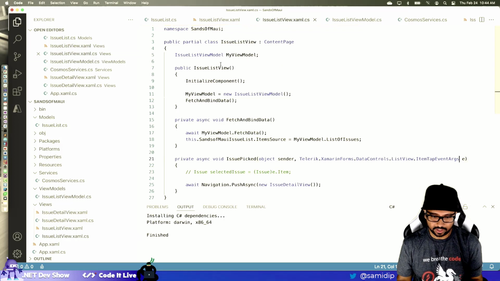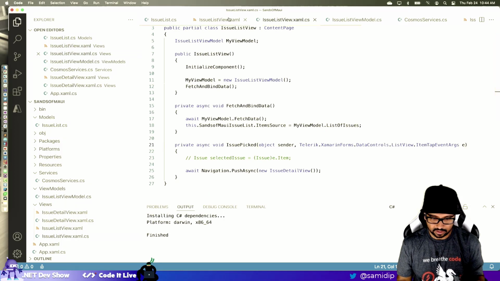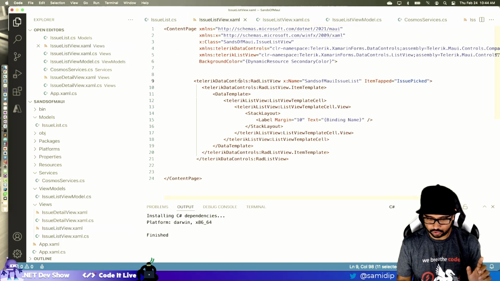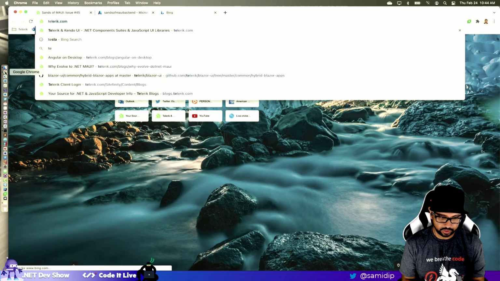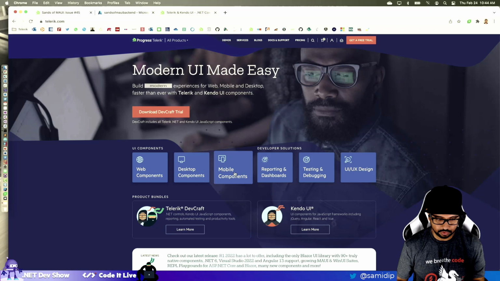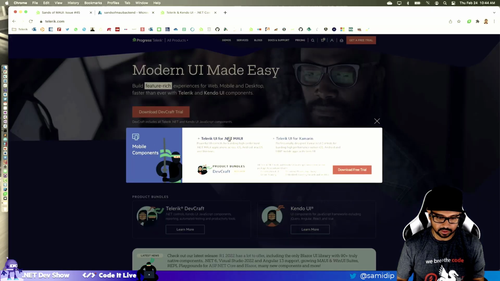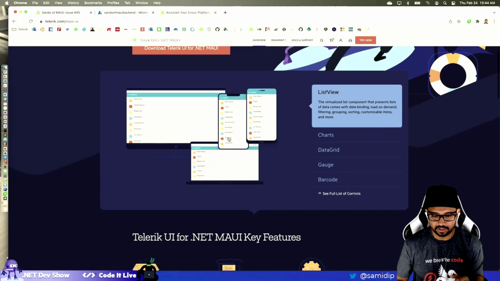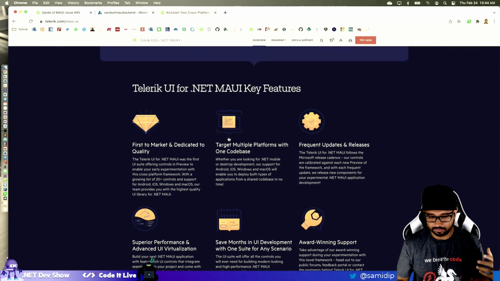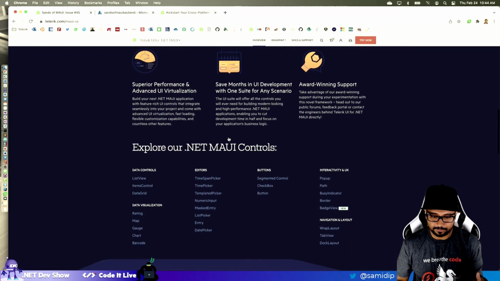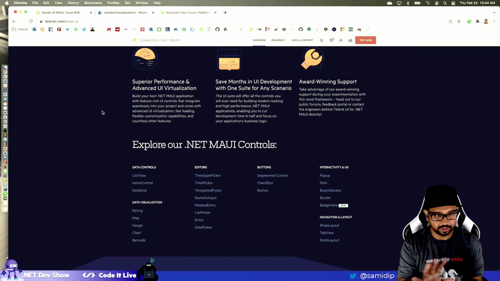So here's the view, and what I have in this view is just one simple control, the list view, and this is the Telerik list view, which is coming from our UI suite, which is free for you to play around with right now. That's the MAUI suite that I'm using, because I need a couple of things in there. I need the hamburger menu. I need a list view that has all the features that I want. So I'm using our stuff, which again you don't have to, but take a look. Some of the UI is really nice, and you should not be reinventing the wheel.